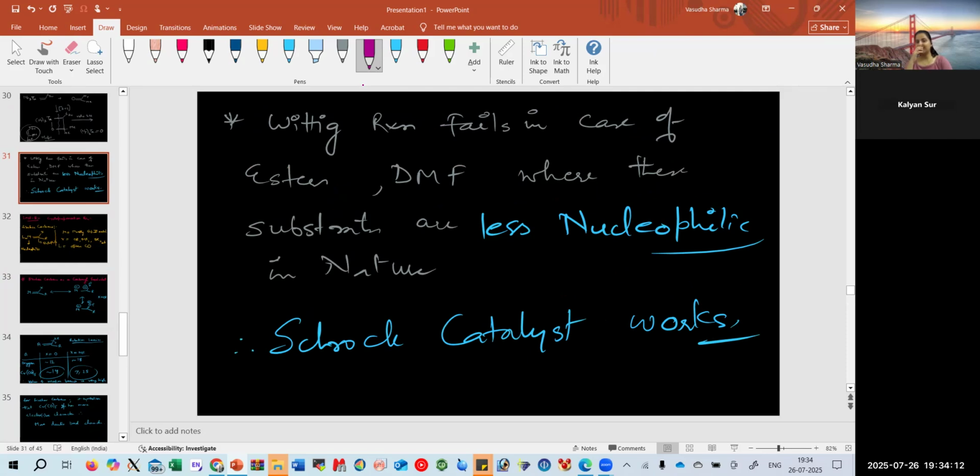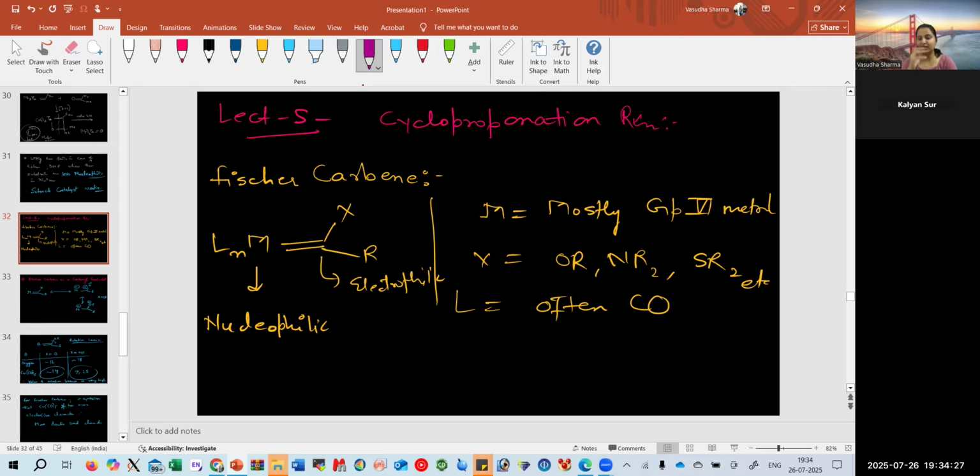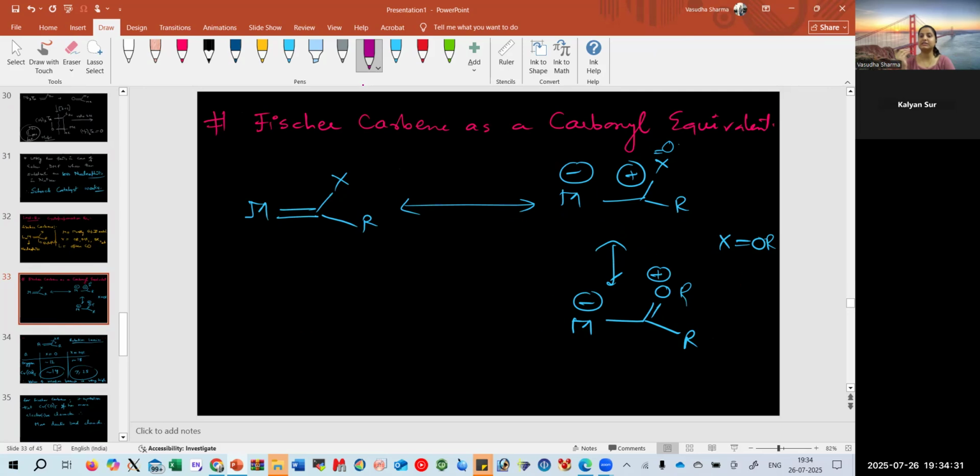Yeah, so it was found that DMF and esters have less nucleophilic character, and for the Wittig reaction we need more nucleophilic character. That's where the Schrock catalyst worked beautifully, where the Wittig reaction failed. Now, the last topic of interest is the comparison of the Fischer carbene as a carbonyl